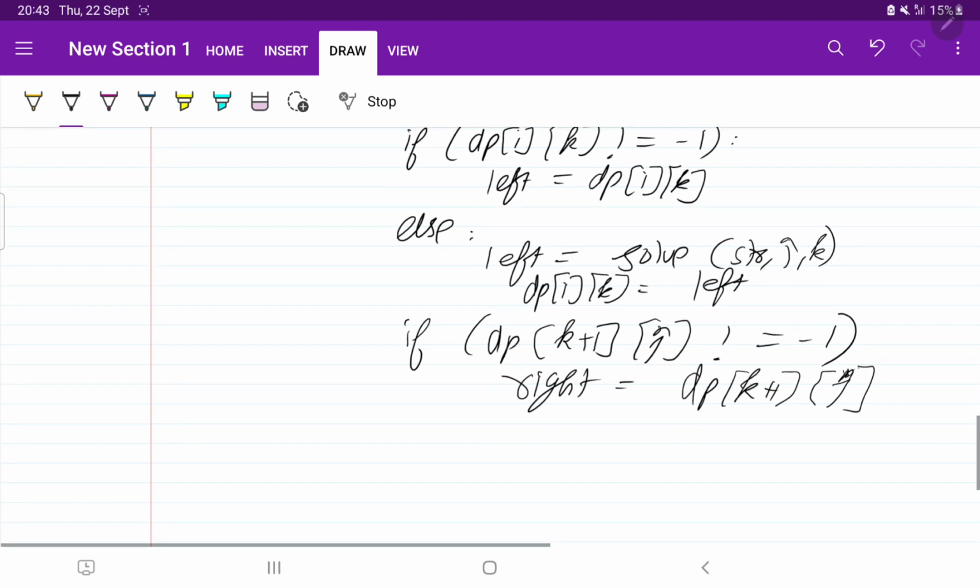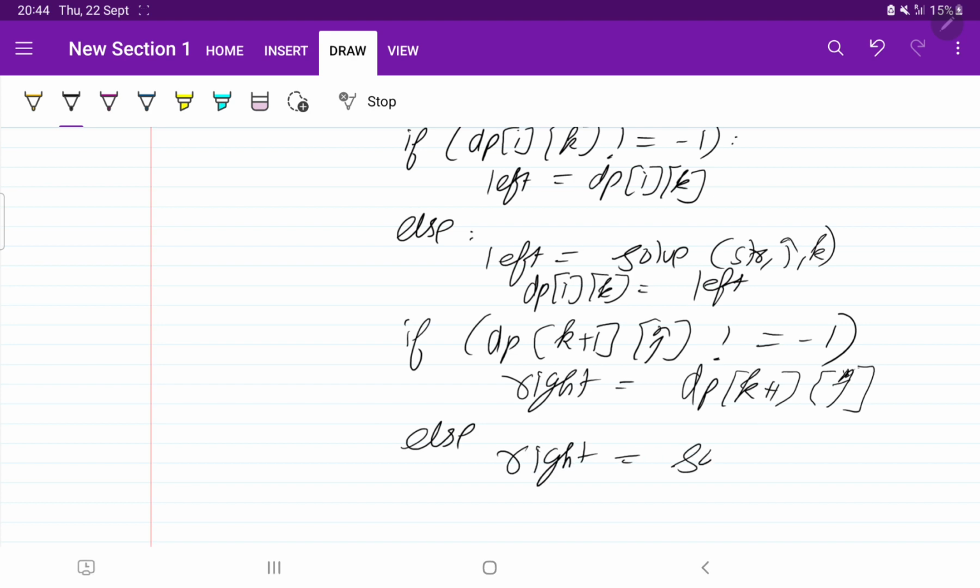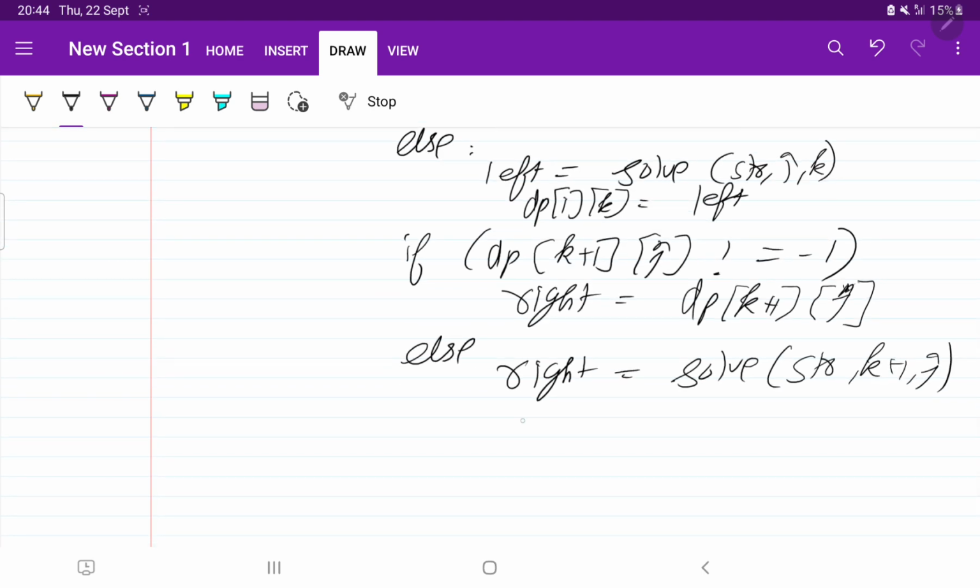Right, now the right part is solved. If the right part is not solved, then right will be equal to calling the function again, solve(str, k plus 1, j). Then we were updating the dp of k plus 1 comma j also.